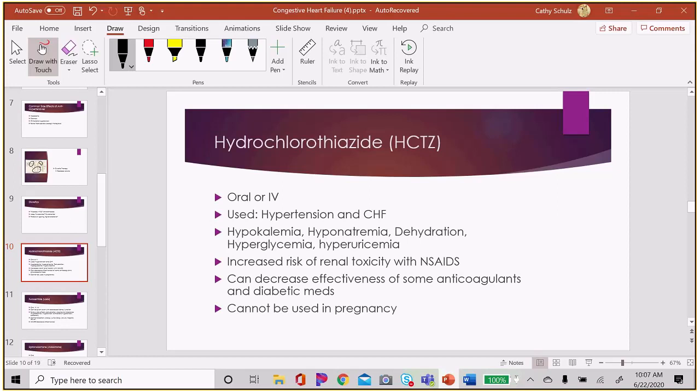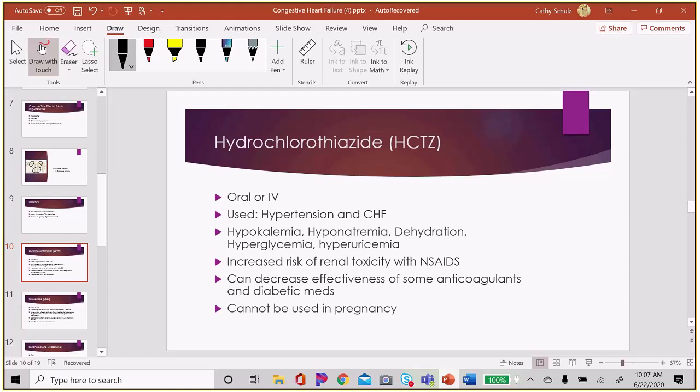However, I could do it too much, so they could have a little bit of dehydration and a slight change in sodium potassium levels, which is a potential side effect. But if the patient is profoundly dehydrated or their potassium and sodium are very low, that could lead to more adverse effects. So it has the potential to be either. But hydrochlorothiazide can decrease potassium, can decrease sodium, and it can increase blood sugar potentially and increase uric acid potentially,